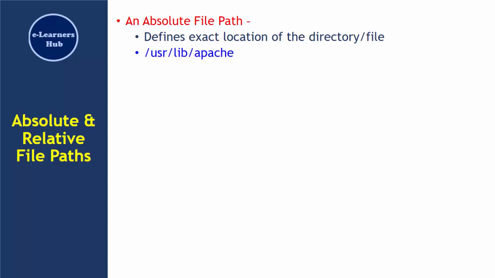Now here, as Linux uses the virtual directory structure, we don't provide the drive name as in the case of Windows. In Windows there is a drive letter provided for the drive in which the file exists. But in Linux we don't have any drive letters. Linux follows what is called the virtual directory structure, and hence whatever path we show in Linux starts with a slash, which is the root directory, and within the root directory we provide the subdirectories and the location of your file. This is the absolute path.